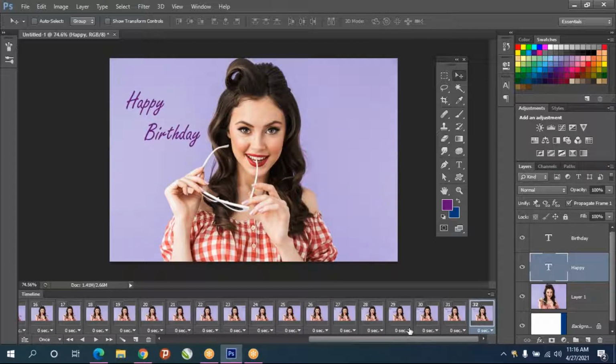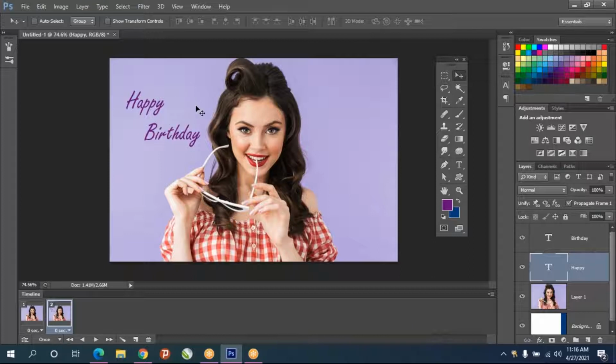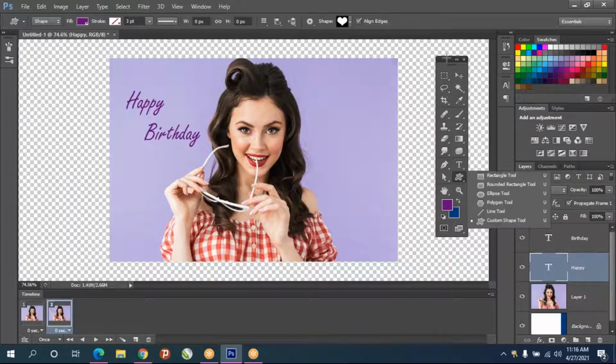So got it? So like this only, if you want to save, you can save it. Suppose if you want to add any other objects, when you are in 2 frames only, you have to do it. Suppose if you want to add some shapes, go to basic shapes. In the toolbar, you can see basic shapes. In that, go for custom shapes. This is rectangle, rounded rectangle, ellipse, polygon, line. This is not like the marquee tool. This is not selections. This will create objects.